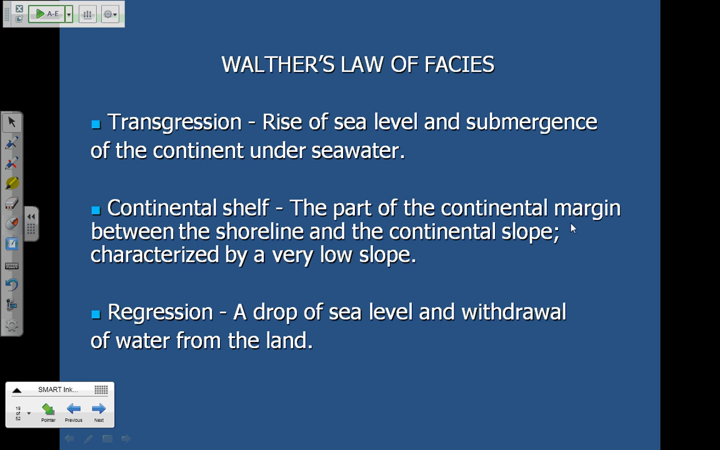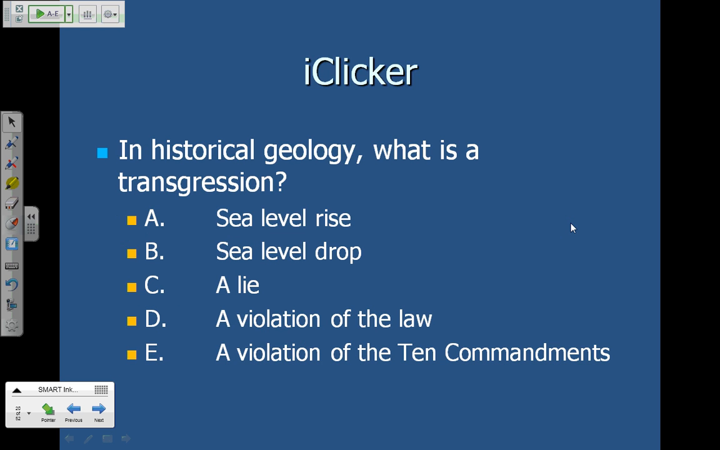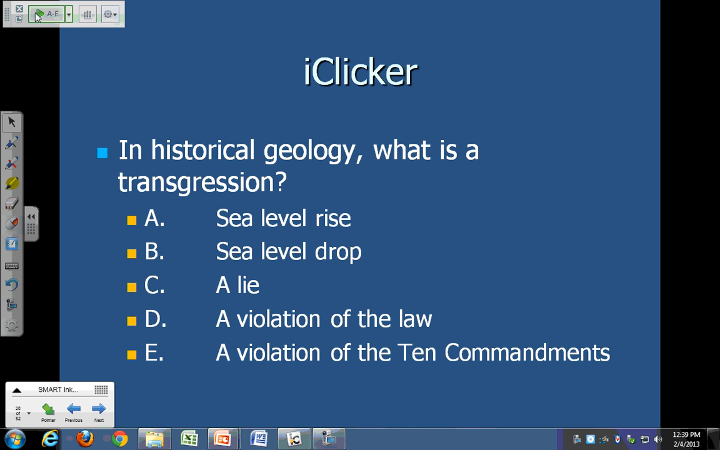Okay, so we have this idea of transgression, rise in sea level, submergence of the continent, and this occurs primarily on the continental shelf, and we'll look at a cross-section of the ocean in a little bit. But then we get also sea level drop or regression. Make sure you know what the two are, what they relate to. And having said that,